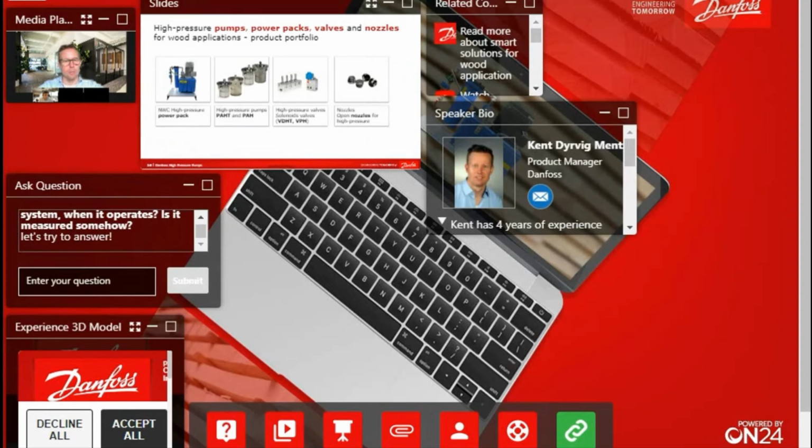So I'm gonna talk a bit more about our product offerings that we have for the wood applications. As already shortly mentioned, our main offering is our NVC unit, as you see here. I'm coming back to that in a second. The three other products that we have listed up here are our key components,